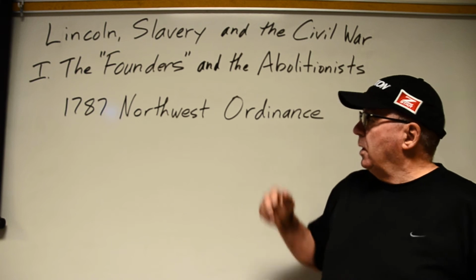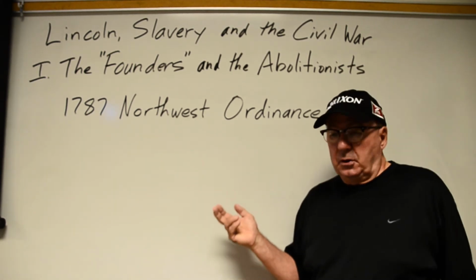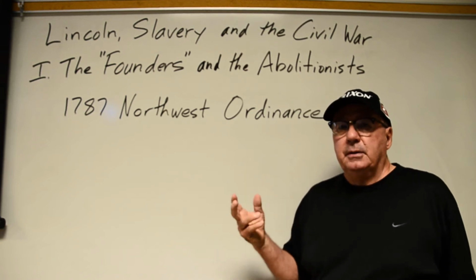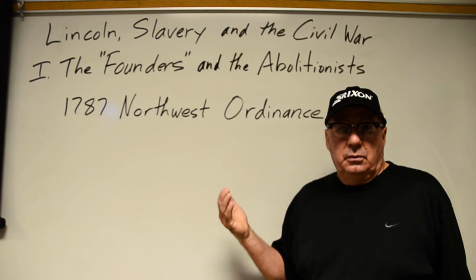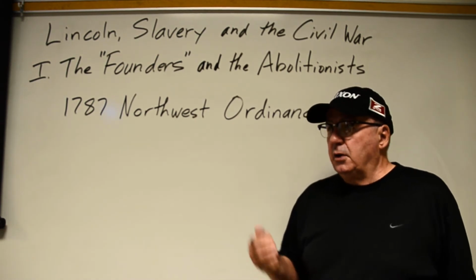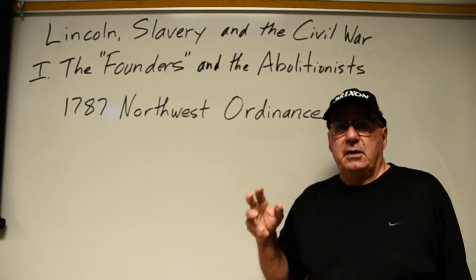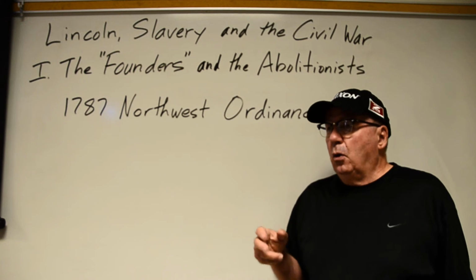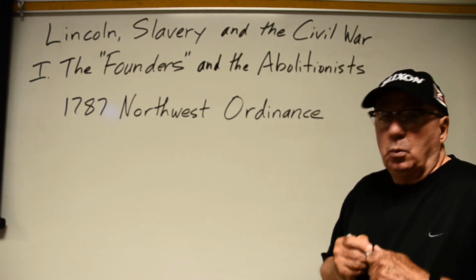So one of the decisions that the government had to make under the Articles of Confederation is what would happen out in that territory. Would the original 13 states just extend and become larger? No, what they decided is new states would be made out of that new territory. Now, one of the stipulations of the Northwest Ordinance was this: